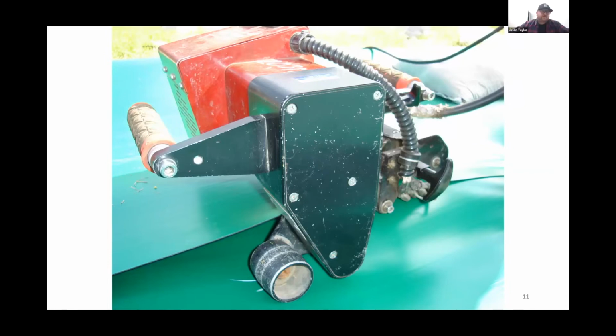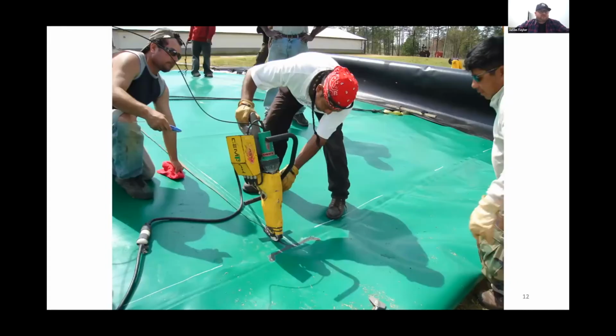So our technicians are there to clean the seam and to keep it on track. The other type of welding is extrusion welding, which you see here, which is not unlike a large scale